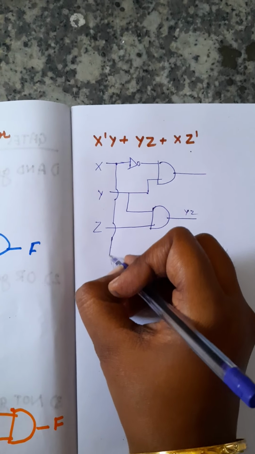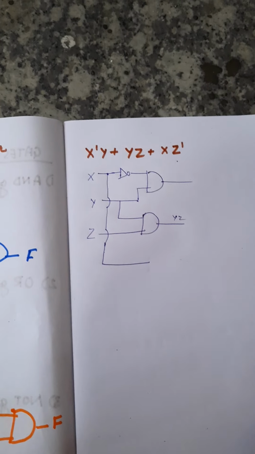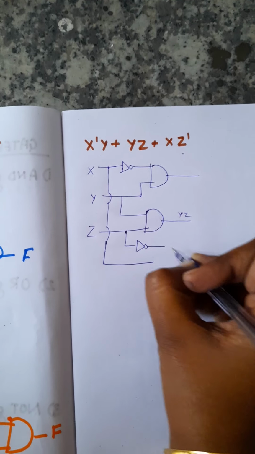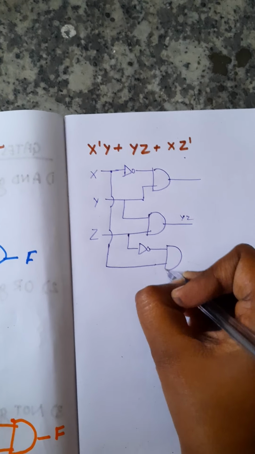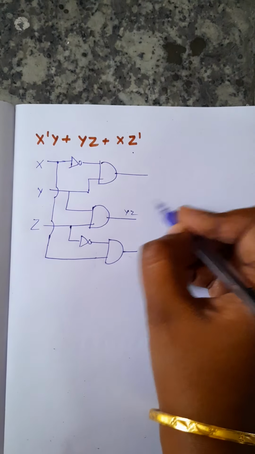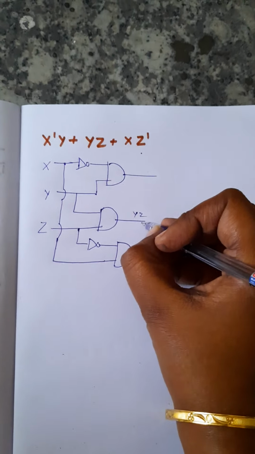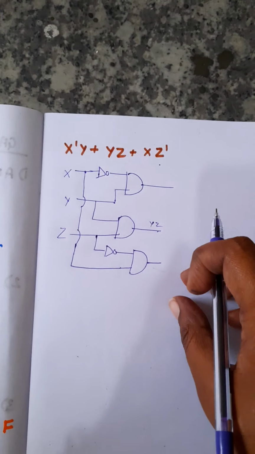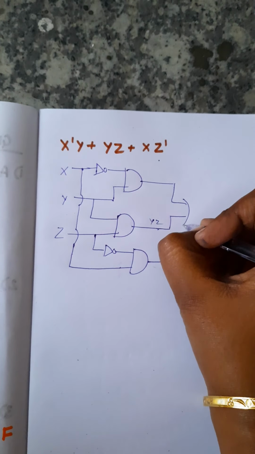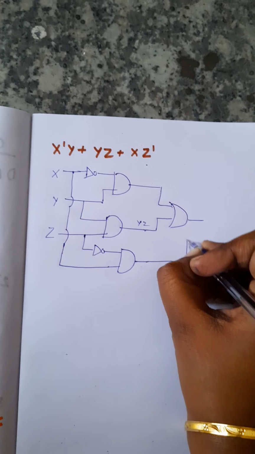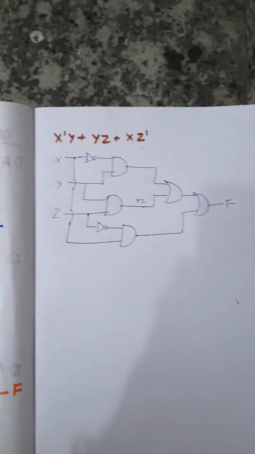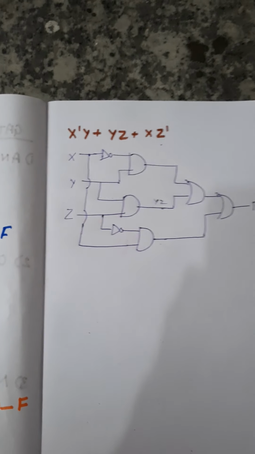So here this is our x. We need a z dash. We'll just go from here and put an inverter, and we have got z dash. Now all three inputs have come to us. Now you have two ways to join them. Either you take all three and put only one OR gate, or you OR these two first and then OR the answer with the third. Both ways are correct. Let's suppose I do it this way: I have taken one OR gate over here, then whatever output is coming I put through another OR gate, so I'll get the final expression. But instead of this, I could also have used a three-input OR gate.